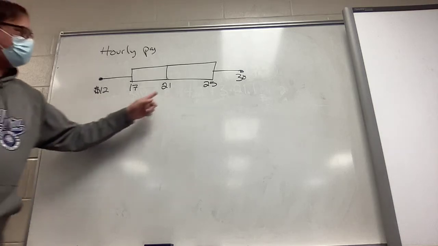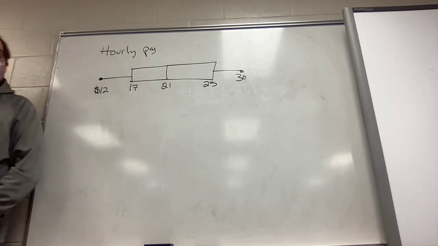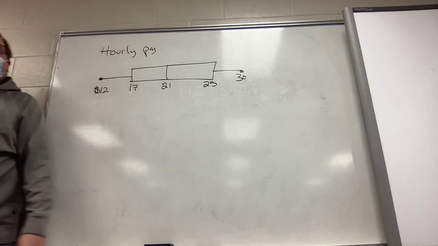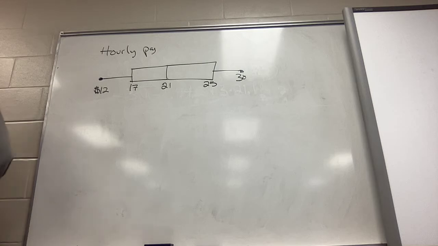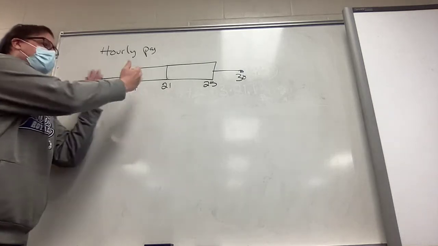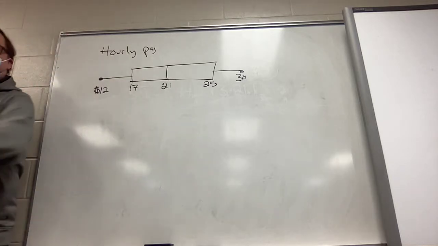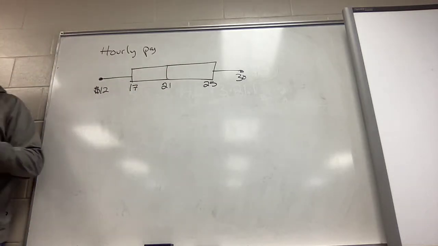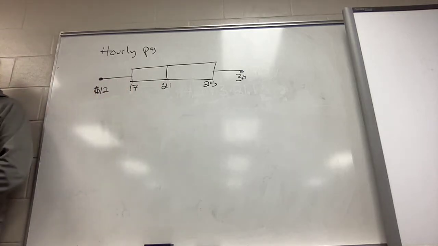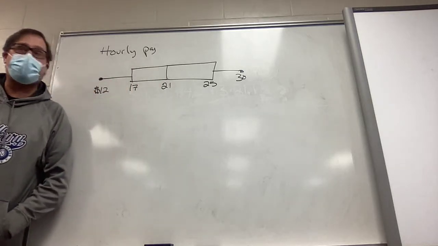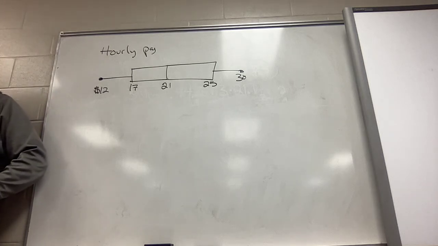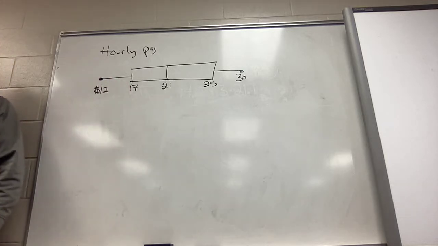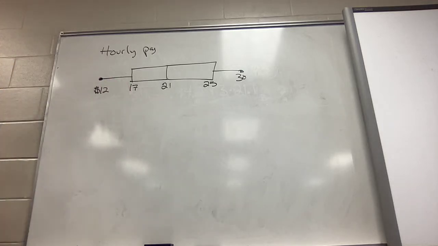Right in the middle, that's the median. If I would put everybody in order and look at the middle, would I see somebody making $21? Yep. And remember, this is Q1, the middle of the lower half. So if everybody was lined up, the middle of the lower half would be 17. Q1 makes sense for a change in math: 1/4 of a dollar is 25 cents. It's the 25th percentile.